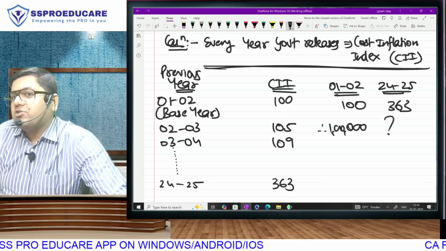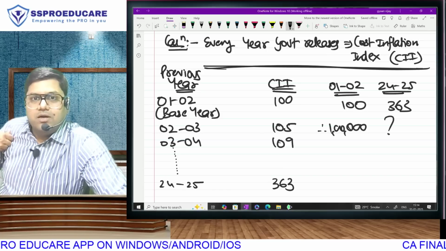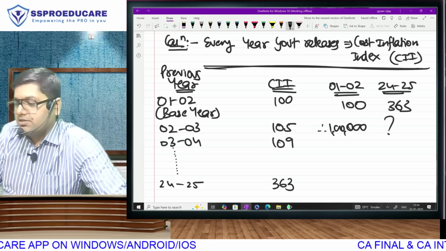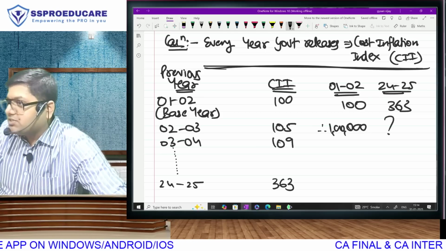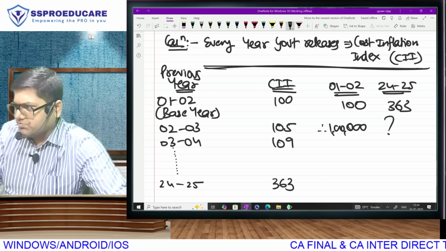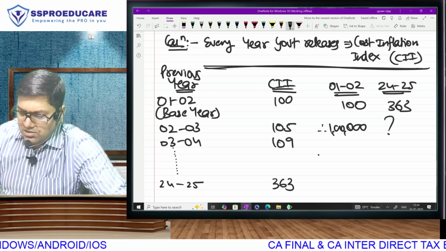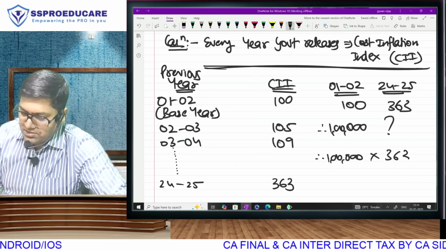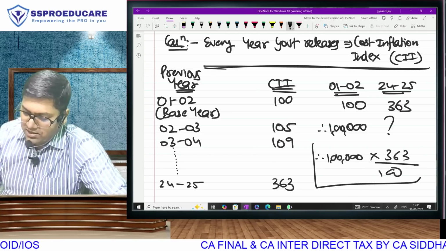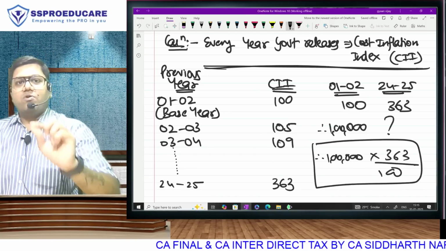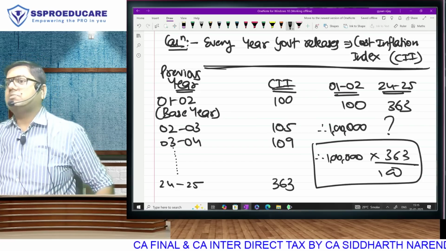How much was the index of the base year? 100. What is the index of the exam year that you have to go and study? 363. That means 100 has become 363 over the years. Then 1 lakh has become how much? You call it cross multiplication, unitary method. 1 lakh into 363 divided by 100 will give you your ICAI on the basis of inflation factors released by government